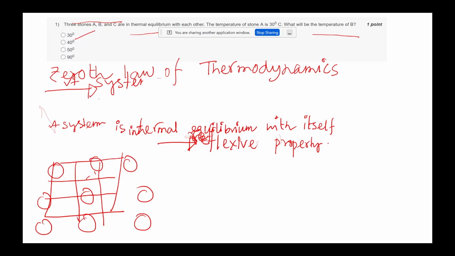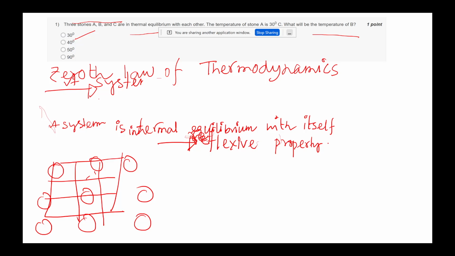Yes, it's a macroscopic system right now in the Zeroth law. The Zeroth law of thermodynamics never talks about the concept of temperature from a microscopic point of view. You have probably understood that, right? Because whenever we see that three systems have macroscopic observables that are similar for every system, then we can say they are in thermal equilibrium. So whenever we talk about the zeroth law of thermodynamics, we are talking from a macroscopic point of view.